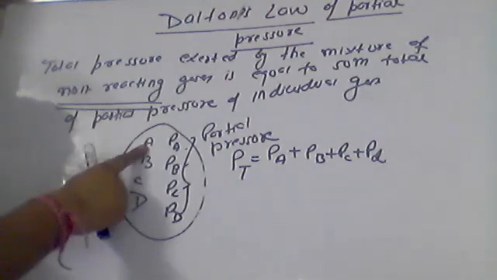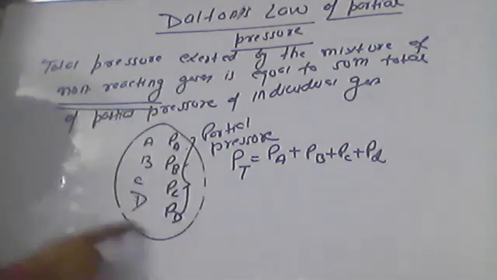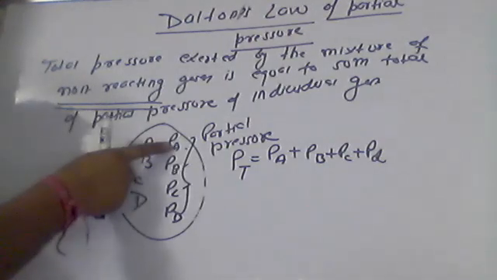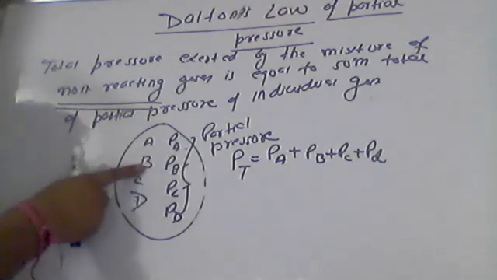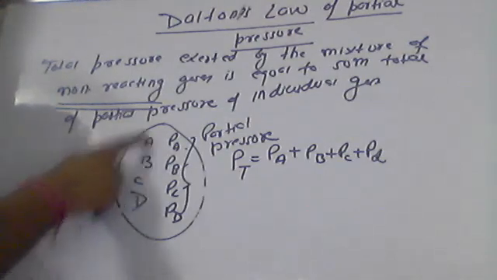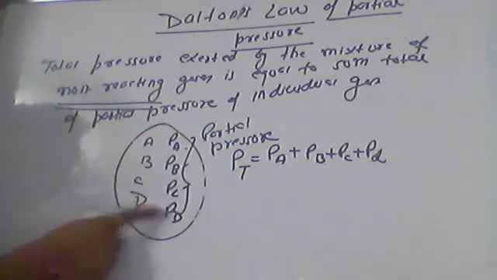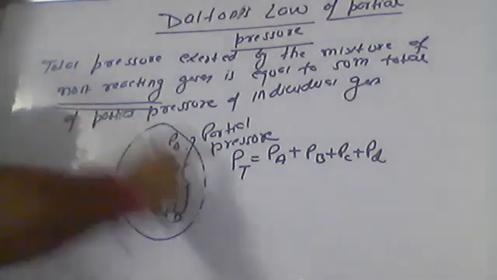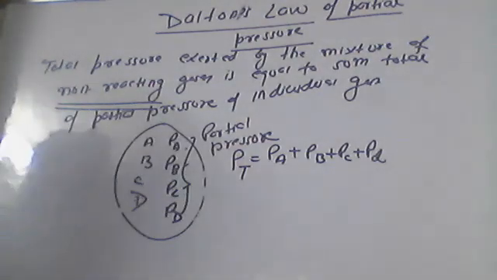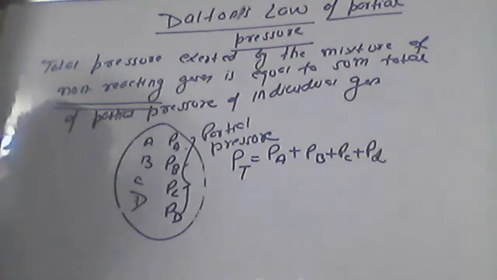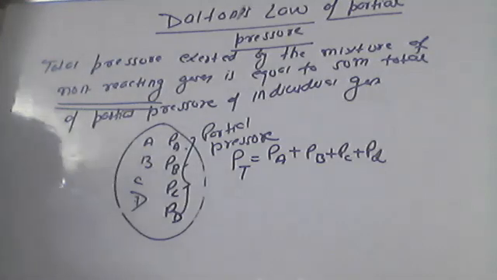Pressure exerted by the gas A in a container in which we have the mixture, that we call as partial pressure of A. Pressure exerted by the gas B in a mixture, that we call as partial pressure of B, partial pressure of C, partial pressure of D. Sum total: PT is equal to PA plus PB plus PC plus PD. It will be equal to sum total of all the partial pressures. Questions, please. I'm going to derive a relation. Before that, please ask a question if someone is having one.